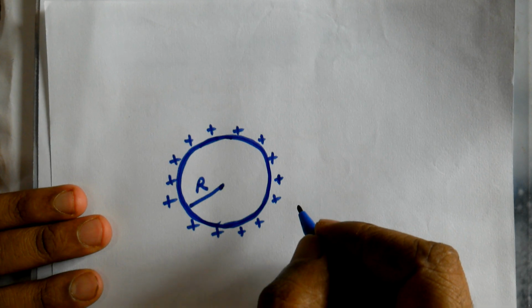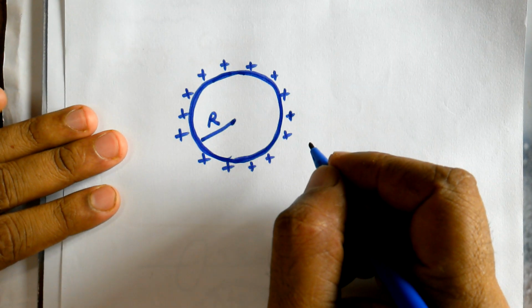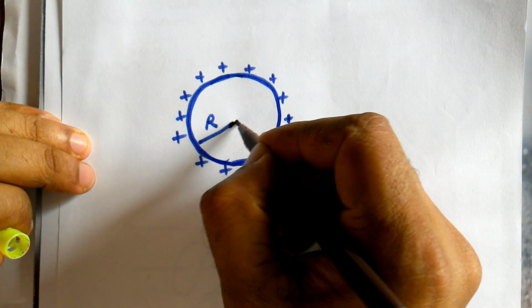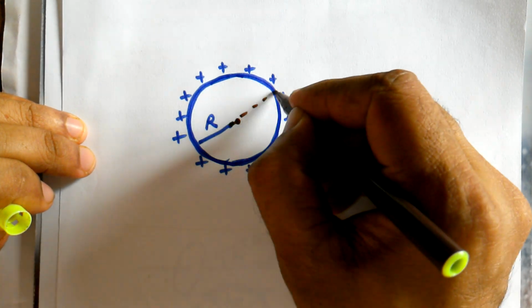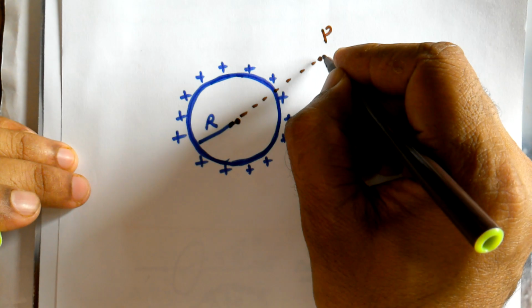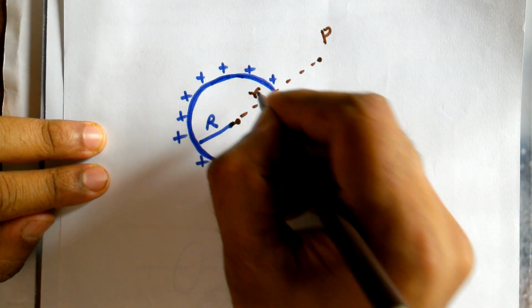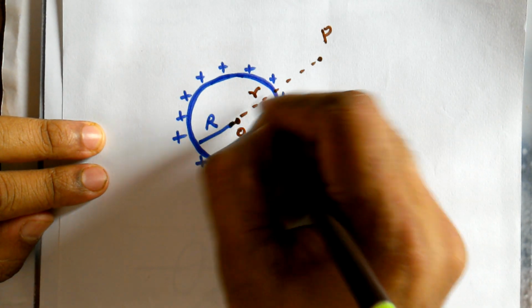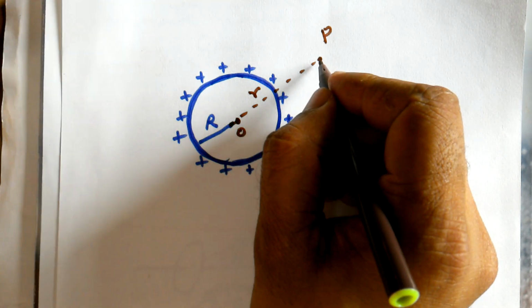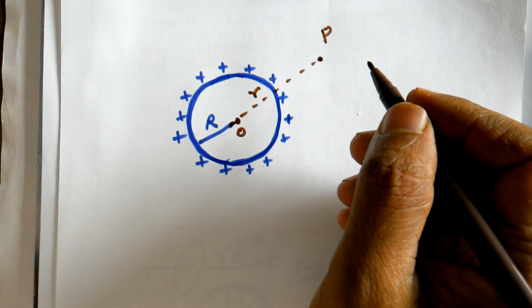Now I can cover the heading because you have come to know what we are going to derive. So now select a point at a distance from the center of the charged spherical shell. Select a point somewhere here, because I want to find out the electric field at this point P. This point is lying at a distance r from the center O. Now in order to find out the electric field here, I can't apply Coulomb's inverse square law. Why?